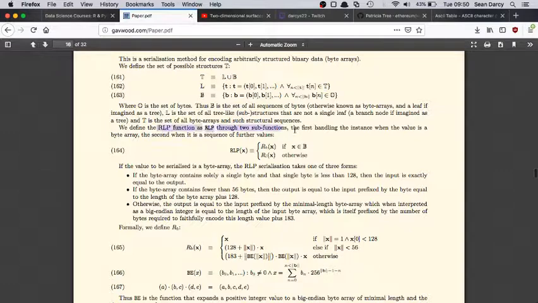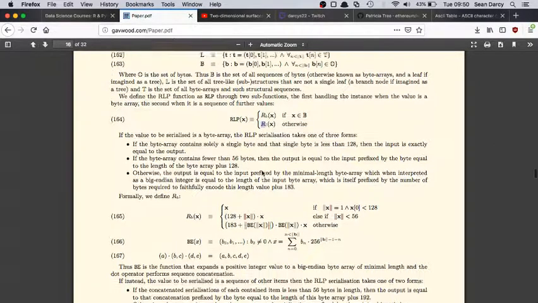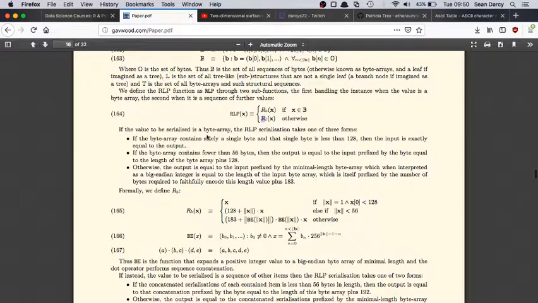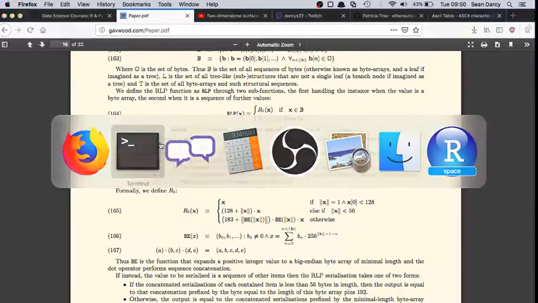We define the RLP function as two sub-functions: when the value is a byte array and when it is further arrays. So it's the list, or if it's a byte. If x is a byte, we do RB. If it's not, it's a list, therefore we do RL. Then they define RB here. If the byte array contains a single byte that is less than 128, then it is exactly equal to what's input into it, which is